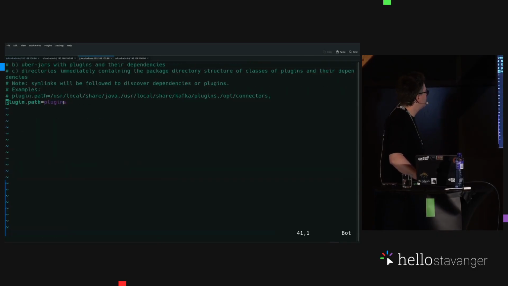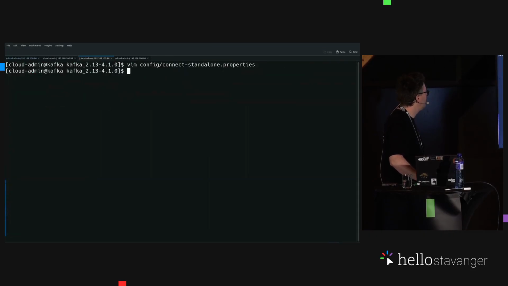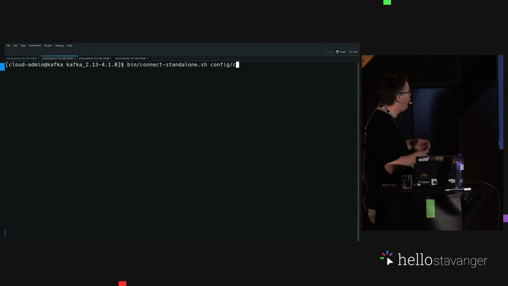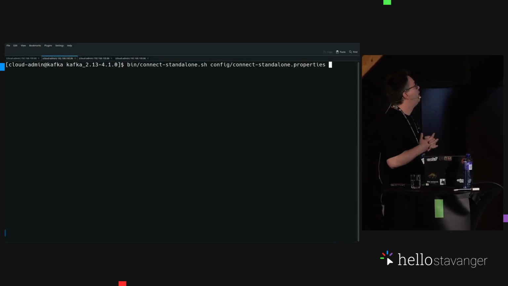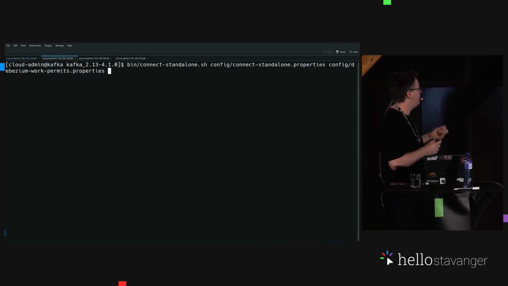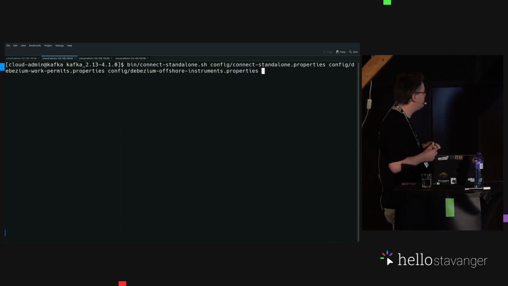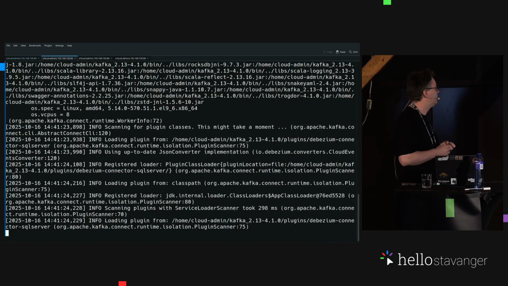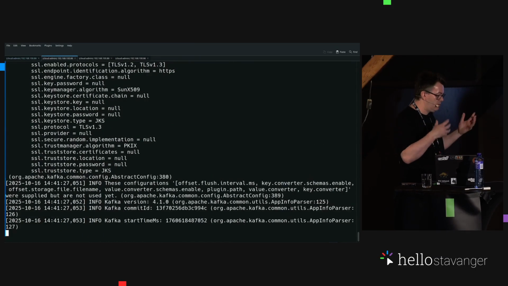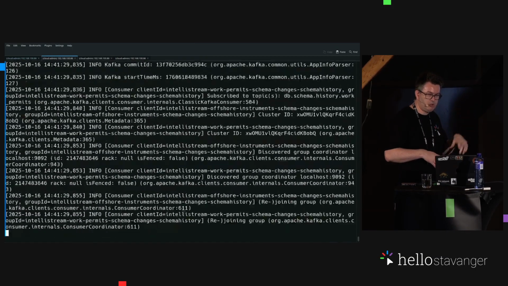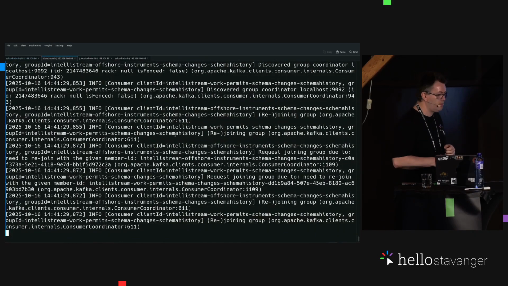Just making sure the plugin's path is correct when we start this Debezium plugin. And now we basically are starting Debezium on Kafka. We just refer to the different configuration files. You need the Kafka Connect properties file, and you need the two database property files. And that's it. So now everything is working, and when you insert data into SQL Server, it will be captured